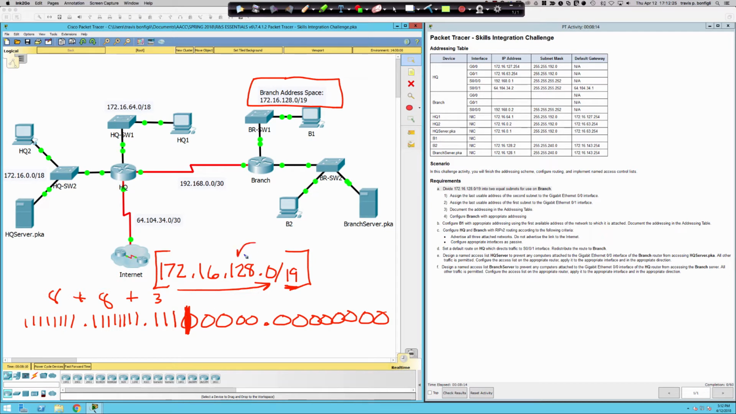We've taken this network right here, and I've said, what's the new block size? The block size is no longer 32. If it was a /19, remember, 128, and then 64, and then 32. The block size is now 16. So just like before, when I had